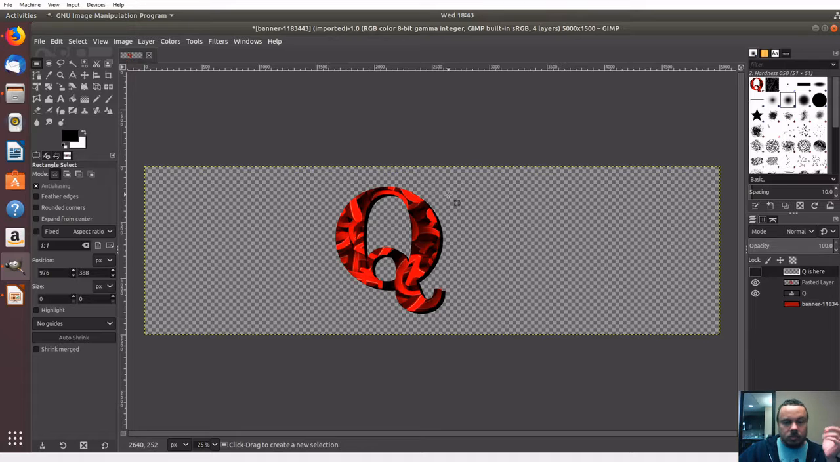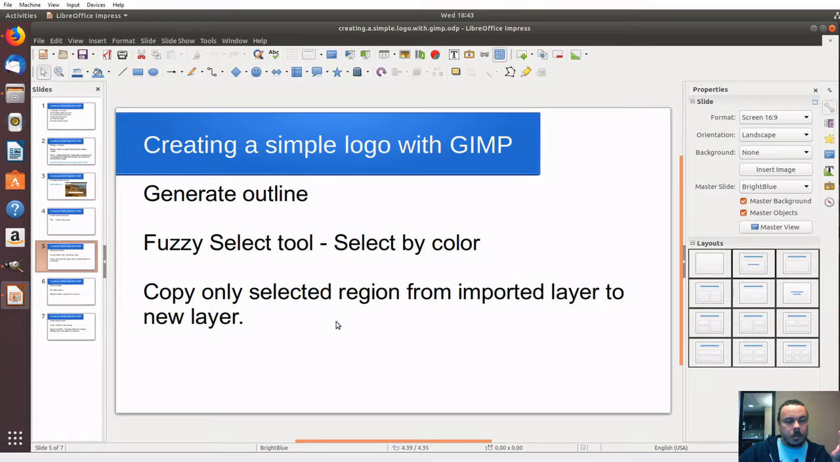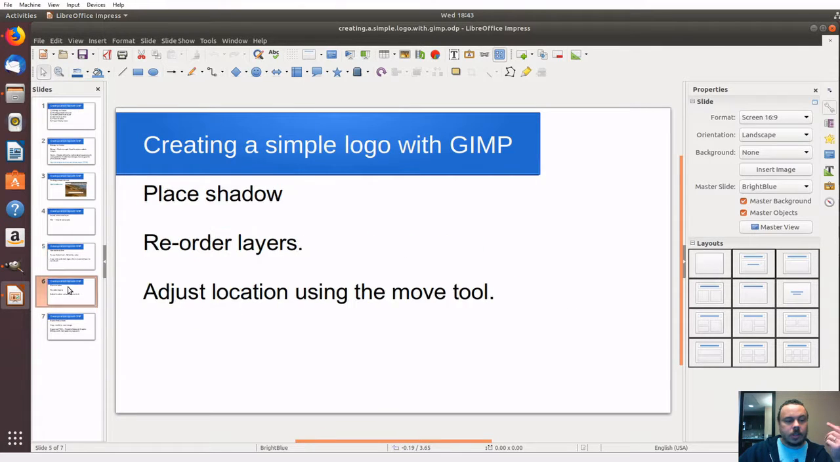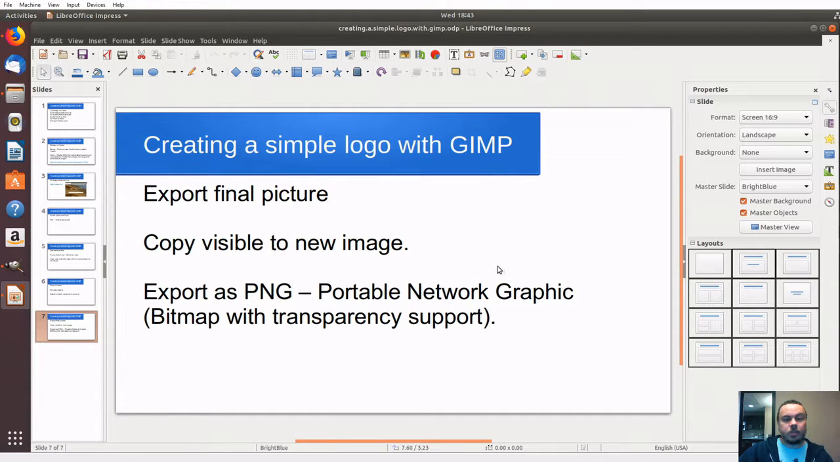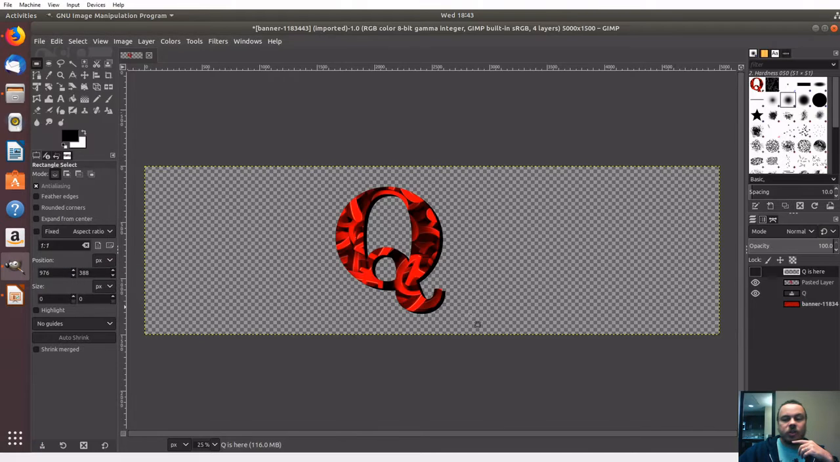How did we get the splendiferous logo going? So let's see. We copied from the import layer to a new layer, good. We placed the shadow, we reordered the layers, and we adjusted the location using the move tool. So the only thing left to do now is export the final picture. We're going to copy the visible area to a new image. So instead of trying to muck around with this and get everything resized right, we have the image that we want. We have the transparency. So why don't we use the rectangular select tool and select the area,